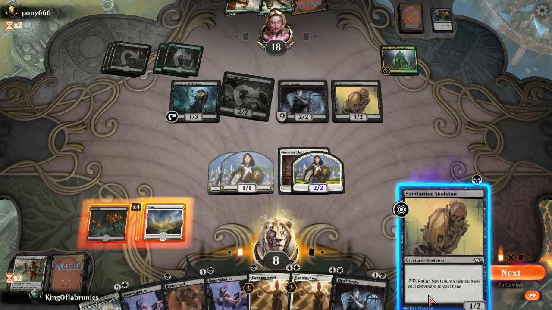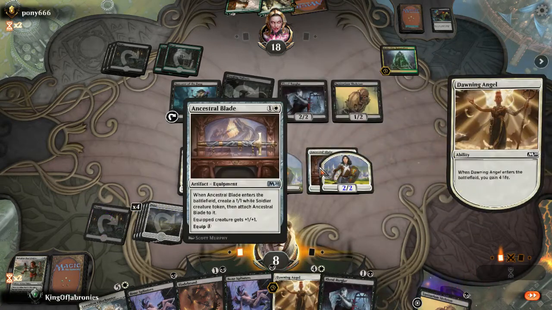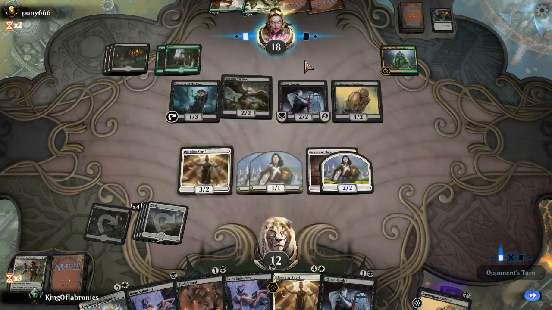So now what? I could play out the Blood Burglar, but nothing else. Yeah, Dawning Angel makes sense here. Could just take 2 again, equip the Axe next turn on the Dawning Angel, if I have enough mana for it, and potentially,